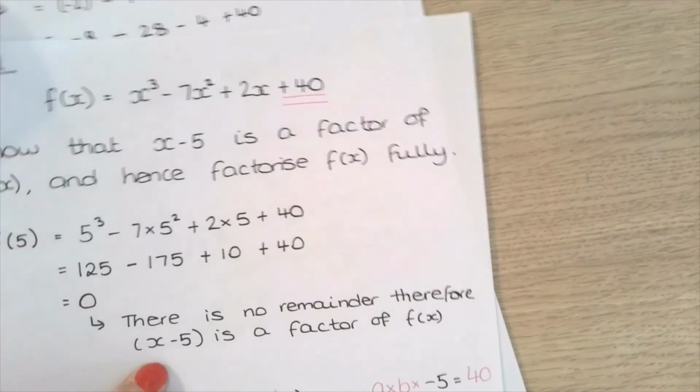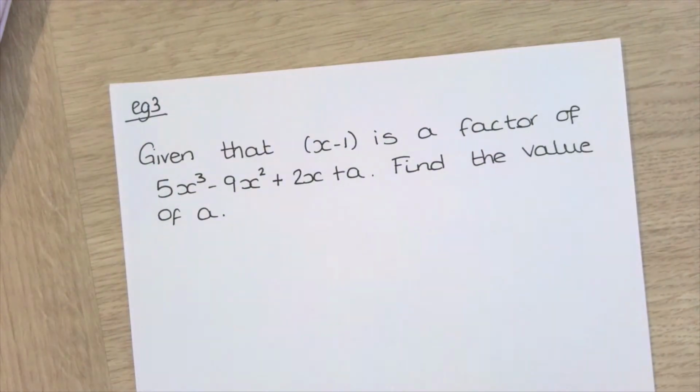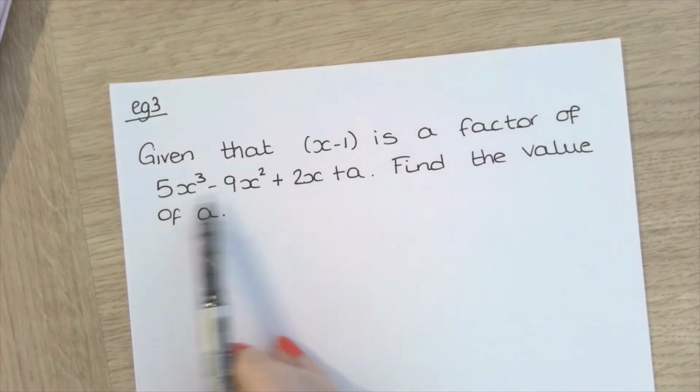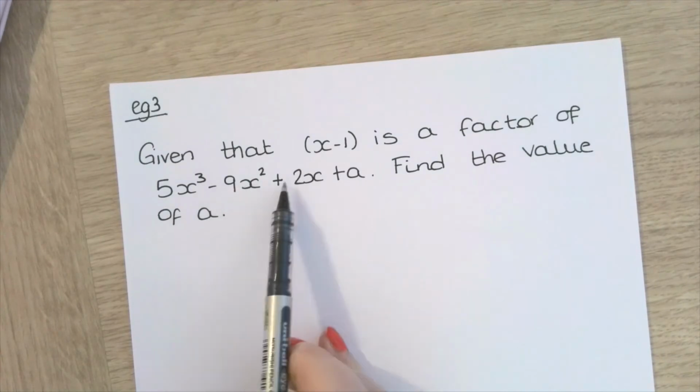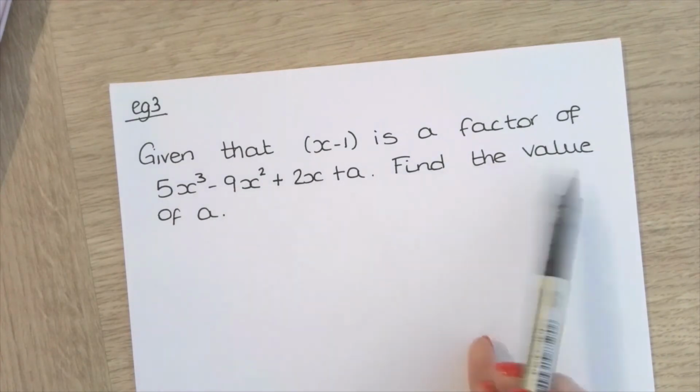Okay, my third example for you. Hopefully this doesn't go on too long, but we'll see. My third example for you is, given that x minus 1 is a factor of 5x cubed minus 9x squared plus 2x plus a, find the value